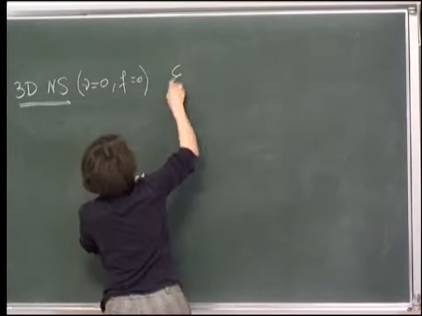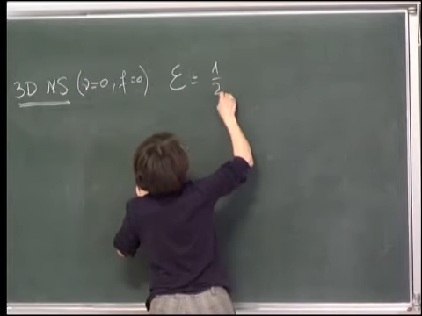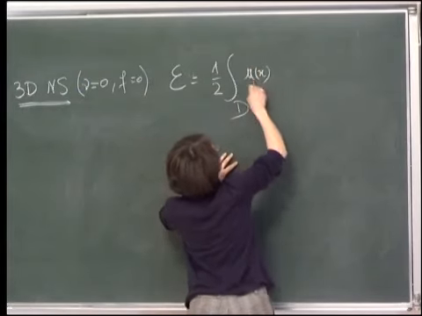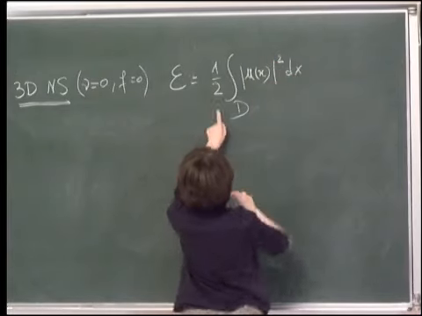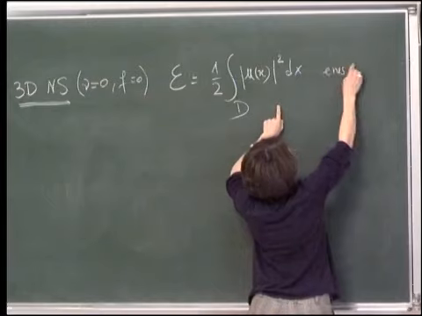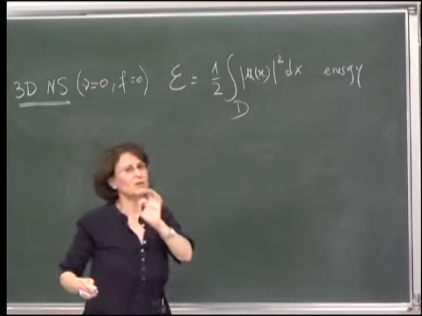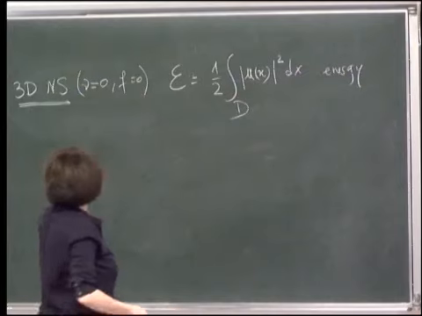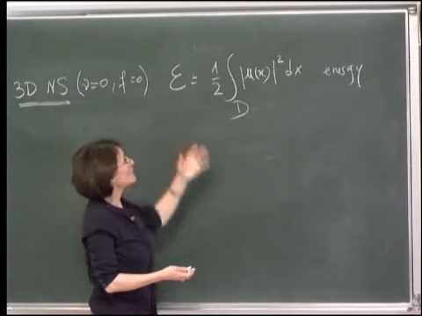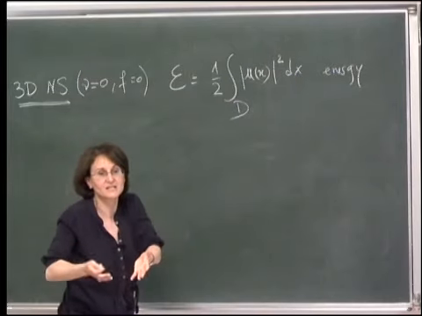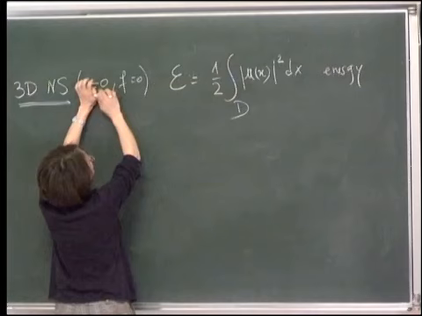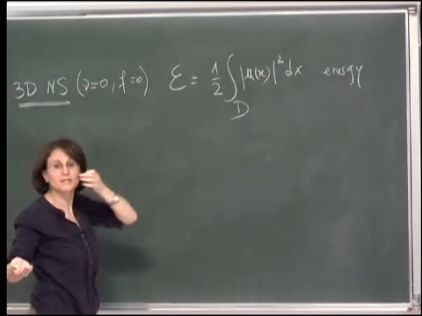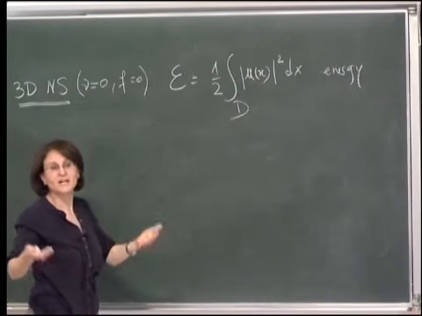energy. If I take the energy as 1/2 the integral, let me write everything in the physical space, of u(x) squared dx. This is the energy, and it is the only positive quantity, because there is another one which is the helicity, but we don't know what to do with it so far because it's not positive. It's the only quantity in Navier-Stokes which is conserved in a certain sense. In Navier-Stokes, when I say Navier-Stokes, in this one, nu equal to 0 and f equal to 0. And